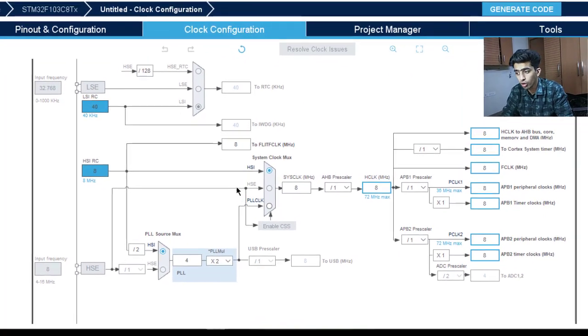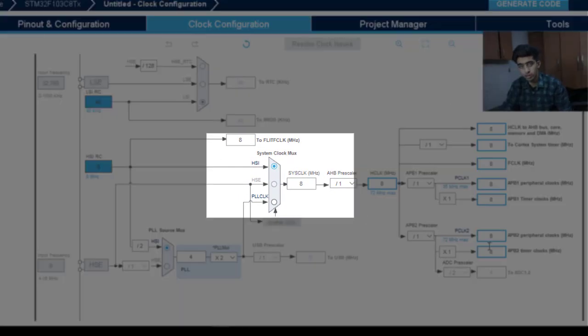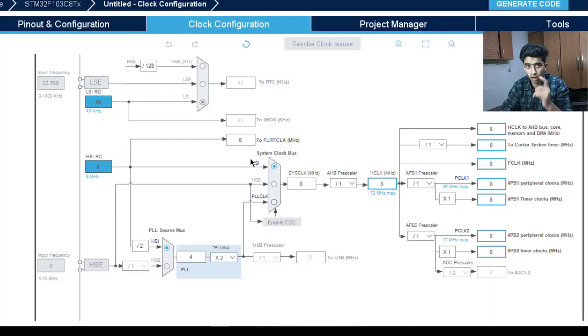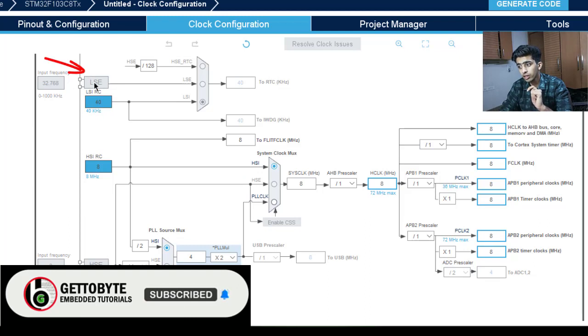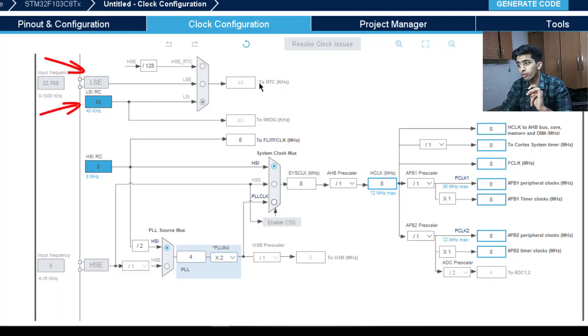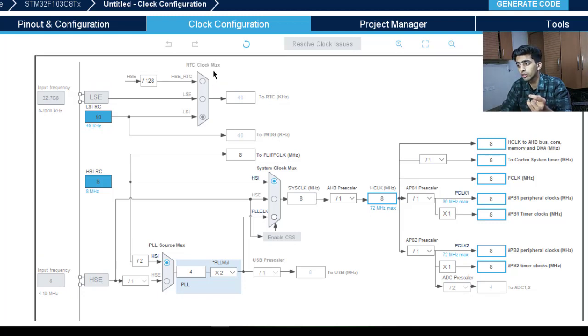Okay, so now if you move to CubeMX, you can see here also that this is our main system clock from which all the peripherals will be getting the clock signal distribution, and this will be monitored by the RCC peripheral. Now this can be powered from HSI, HSE or the PLL CLK, which is the phase locked loop clock signal. And these are the LSE and the LSI. These are the clock sources for powering our RTC module. As you can see here, this is for the RTC clock, this is for the IWDG, the independent watchdog, and all such things.